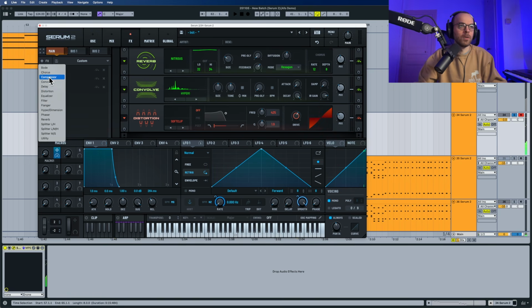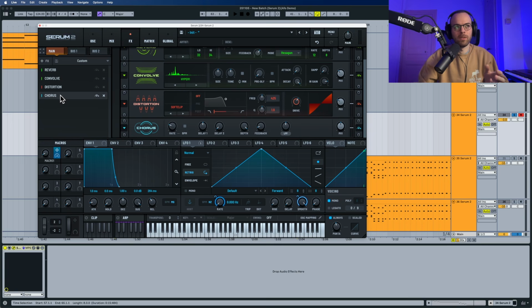Good. Now we're also going to select a chorus, and a chorus is just pretty much going to spread the sounds, making it a bit wider. So let's get started. Rate. So you can see how this wobbles a lot. Now, putting this a bit down so it doesn't wobble too much. The depth,